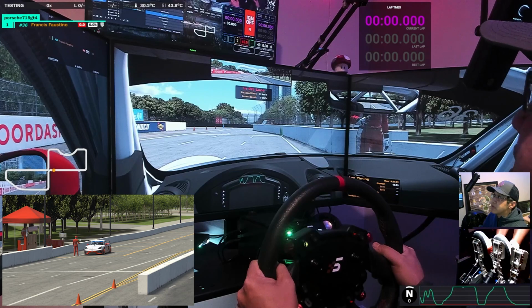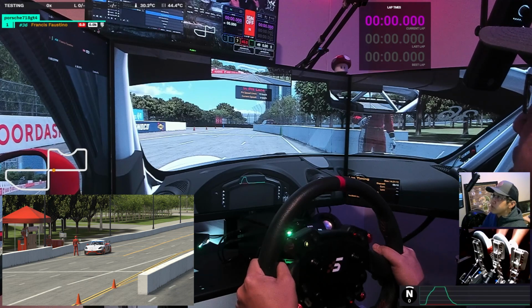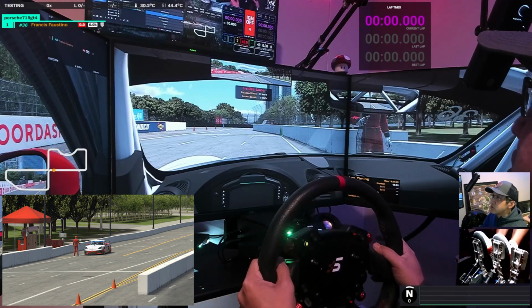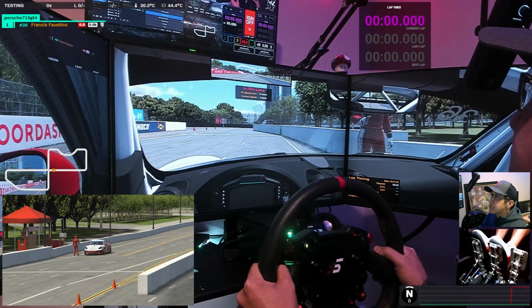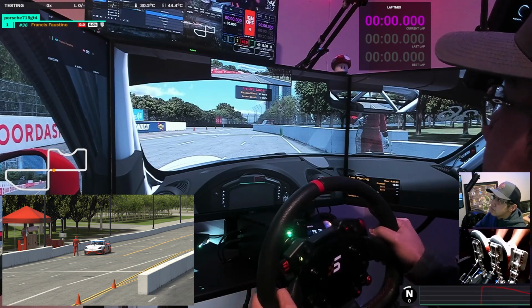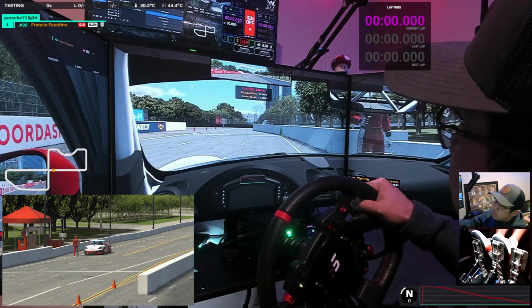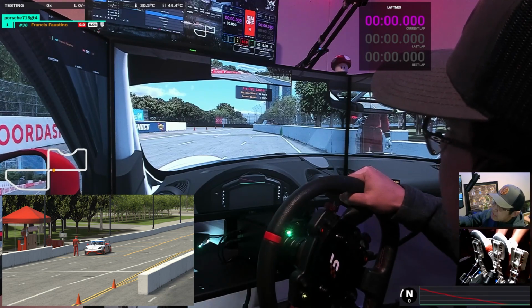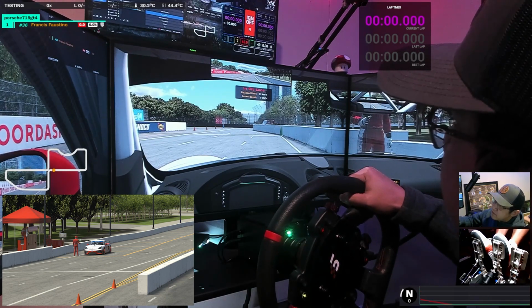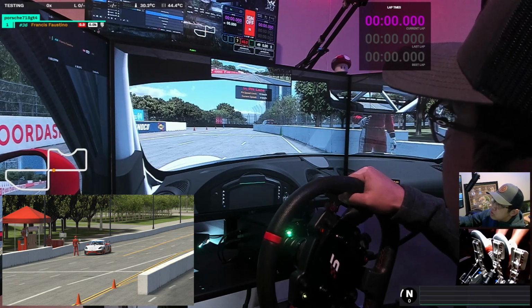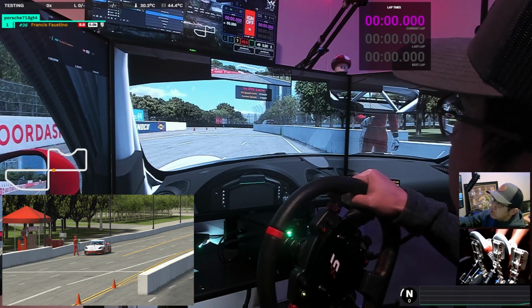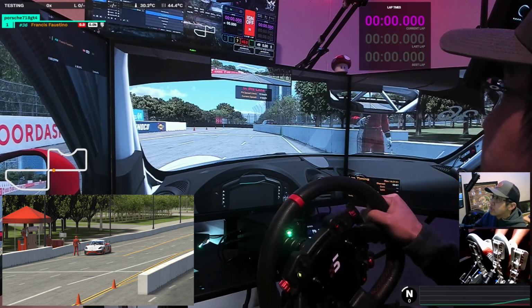And when you're braking, same thing. You're trying to get up to 100% pressure, or some corners do not really need 100% pressure, but whatever that maximum pressure is, you want to get on it really quickly, and then as you start turning, you start bleeding off the pressure, and then you want to be completely off the pressure when you're hitting the apex. And this is also the maximum that your steering wheel is turned for that particular corner. And then when you start getting on the throttle again, you start winding down